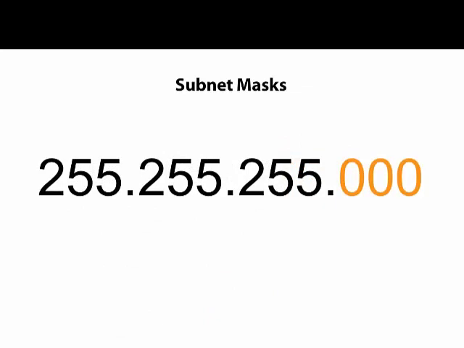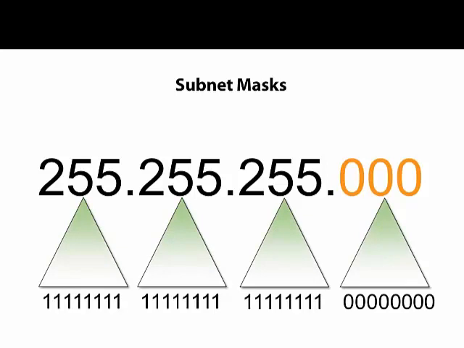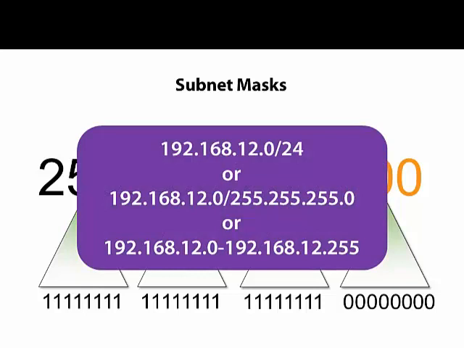Here we have a subnet mask of 255.255.255.0. That breaks into 3 octets of the bits being on and 1 octet of the bits being off. So we have a total of 24 bits that are on. So we can represent this as a hypothetical network, 192.168.12.0/24, because we have 24 bits of the subnet mask on,